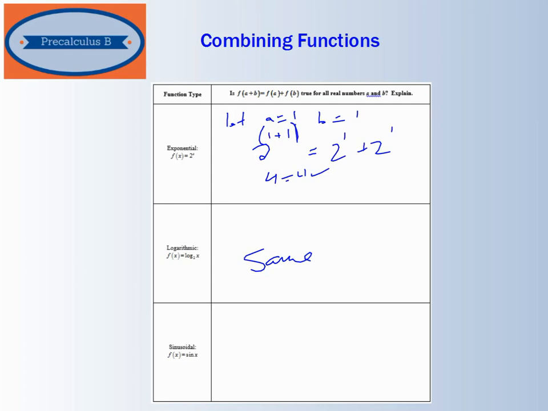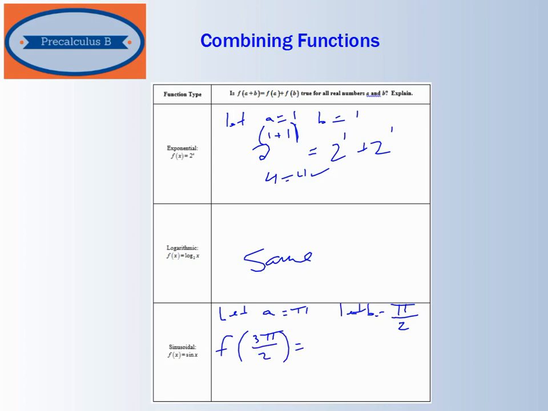Will it work for sine, for sinusoidal functions? Does f of a plus b equal f of a plus f of b? And the way in which we can think about this is, let's say, let a equal pi, let b equal pi over 2. And these are radians, okay? I'm always dealing in radians. So does f of 3 pi over 2, that's the sum of a and b, is that the same as,